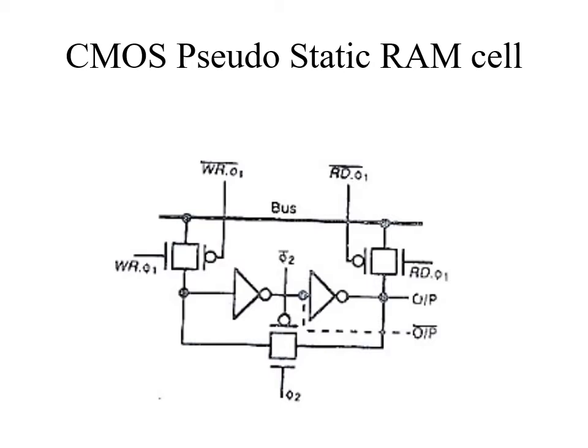So here you can see that for the write operation, when write into phi 1 is equal to 1. We know that in a transmission gate there is an NMOS as well as a PMOS. When write into phi 1 is equal to 1, the first transmission gate turns on, because write into phi 1 bar is equal to 0.